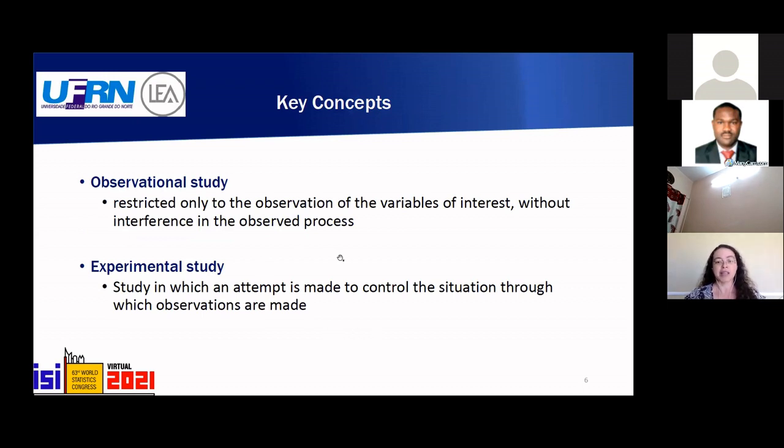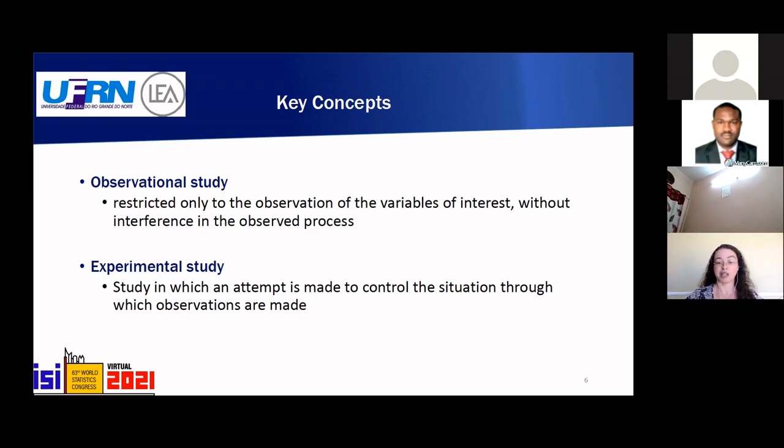We have one key point when you want to understand experiments. The first is to differentiate between observational and experimental studies. Observational studies are restricted to the observation of the variables of interest. There is no interference in the observed process. While in an experimental study, there is an attempt to take control of the situation and have specific control